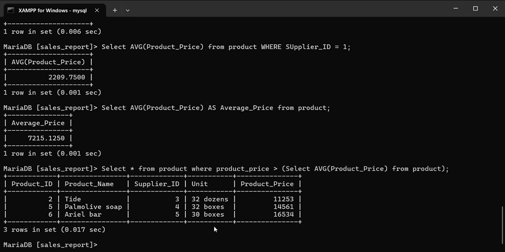Another example of using average is with the group by clause. We use the average function and the group by clause to return the average price of each category in the product table. In doing so, let's execute.